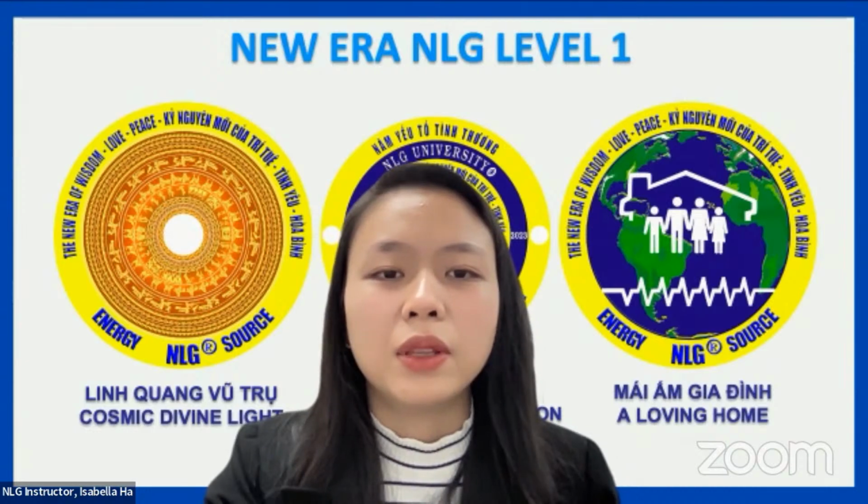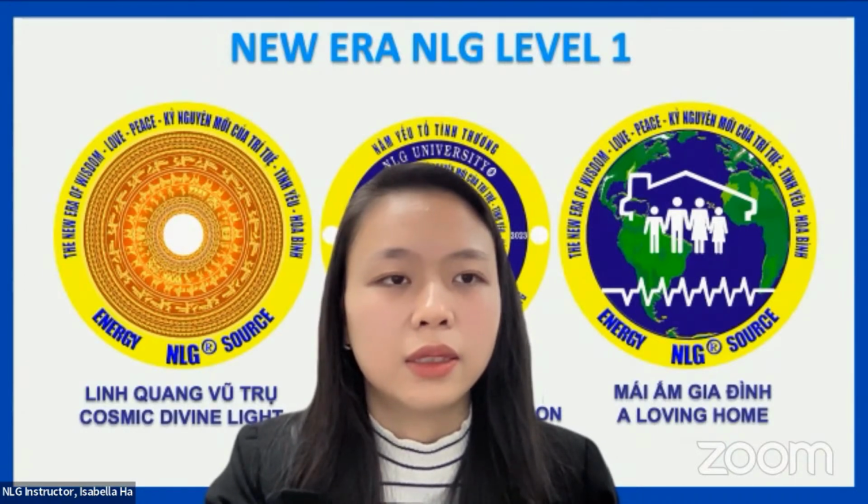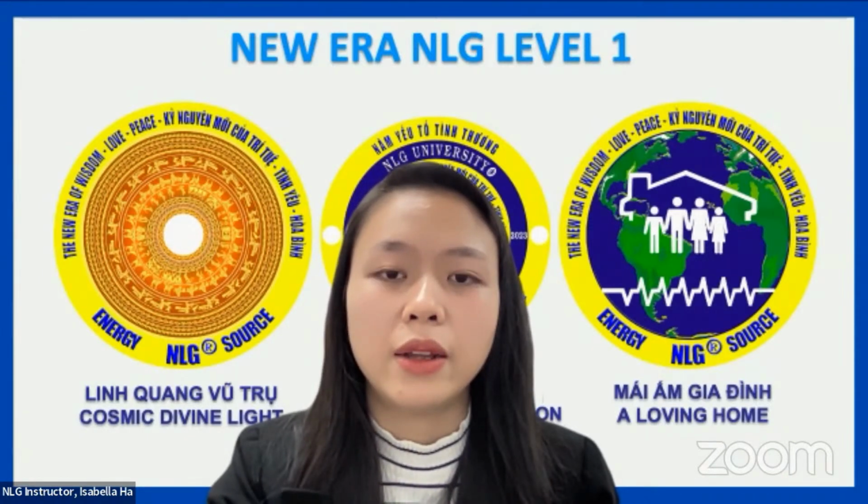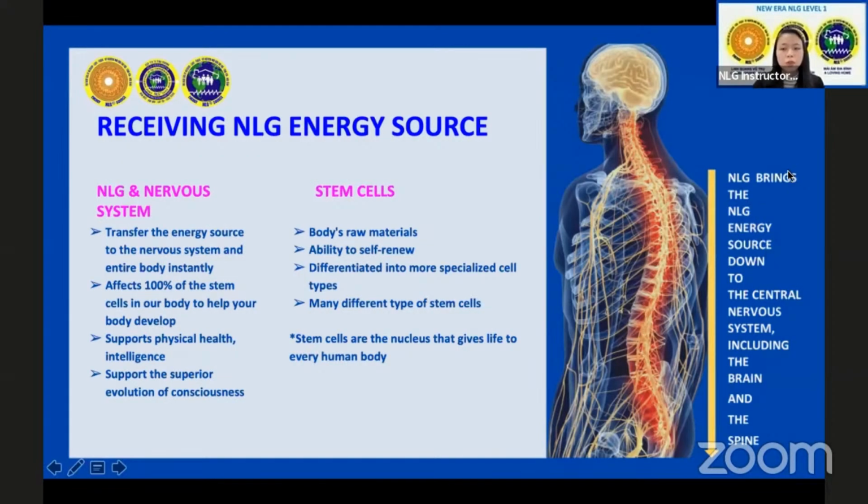All right, so let's talk a little bit about when you receive this energy source and what it does to your system. When you receive this energy, it brings this energy source down to the central nervous system, including the brain and the entire spine. So that's also what you will see in a lot of our formulas. And it transfers the energy source to the entire body instantly, affecting 100% of the stem cells in your body,